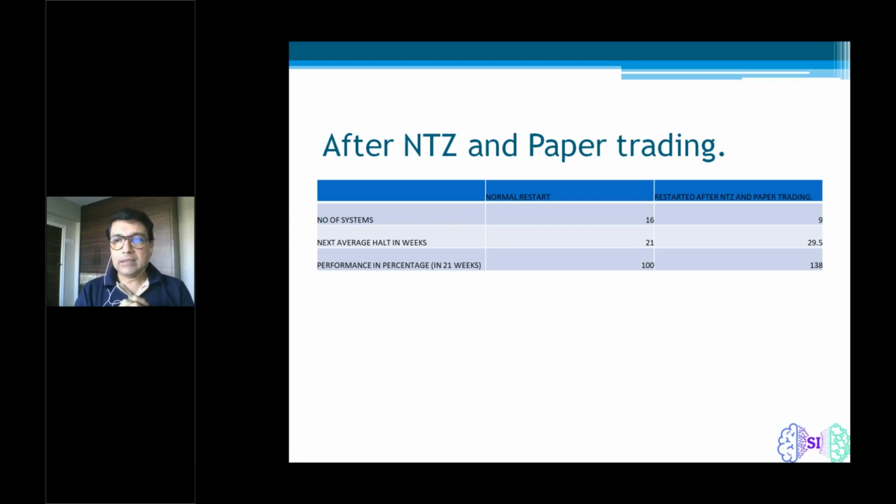So after pressing the kill button, what happens is that the trader jumps from one system to another, starts looking for some other strategy, and starts using that strategy. After a while, that strategy again ends, and they start looking for some other strategy and keep jumping from one strategy to another.